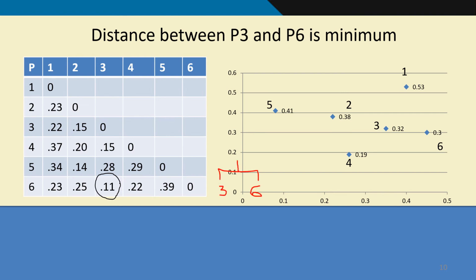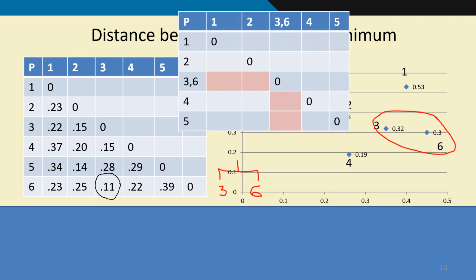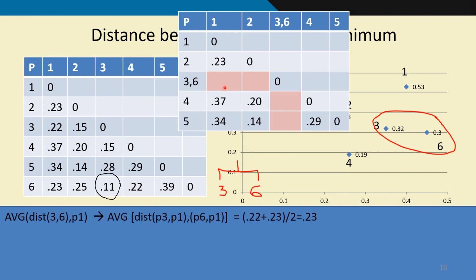So the dendrogram goes like this. Now, when you create the new distance matrix, the values that come in these boxes would be an average. In single linkage, we used to put the minimum value over here. In complete linkage, we used to put the maximum value over here. In average linkage, we will have to find the average distance between the two. Means the average distance between 1 and 3 and 1 and 6.